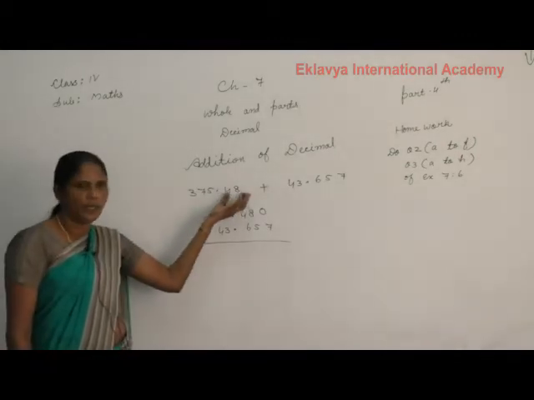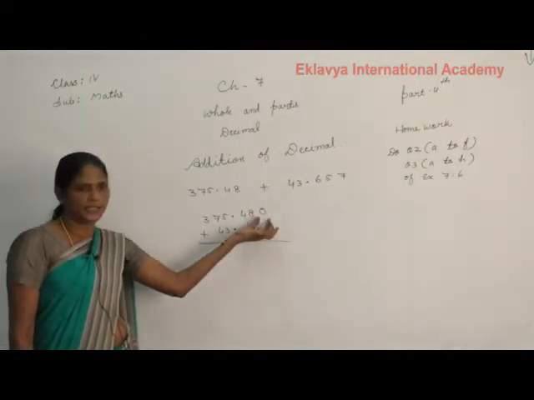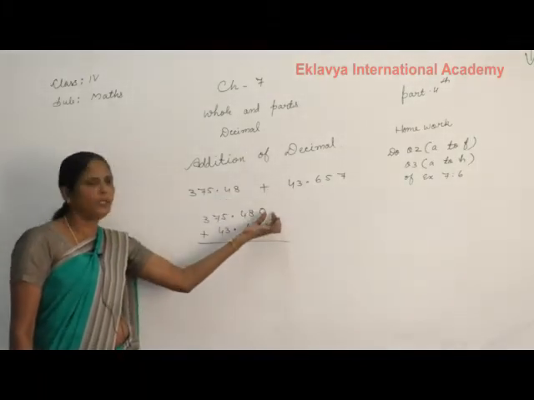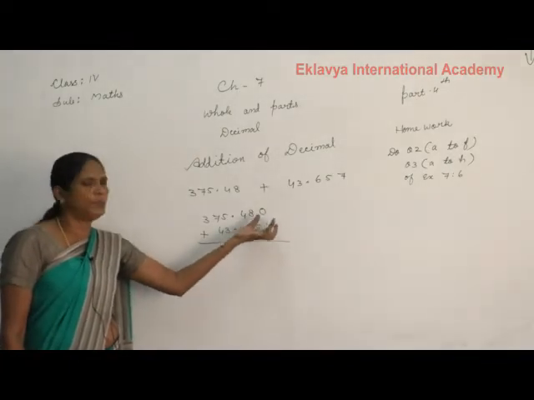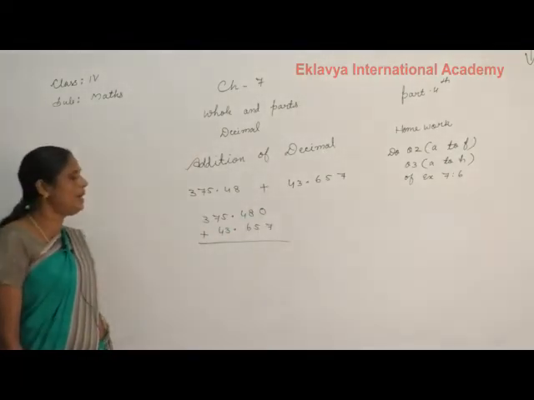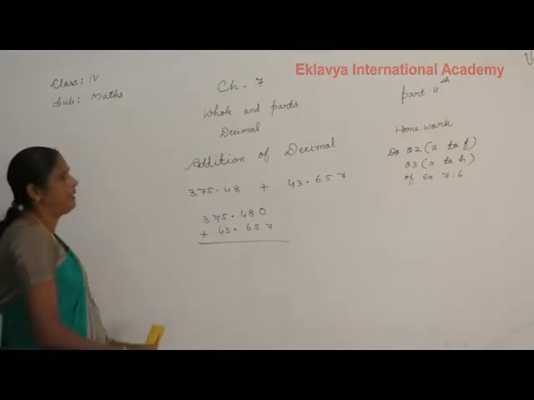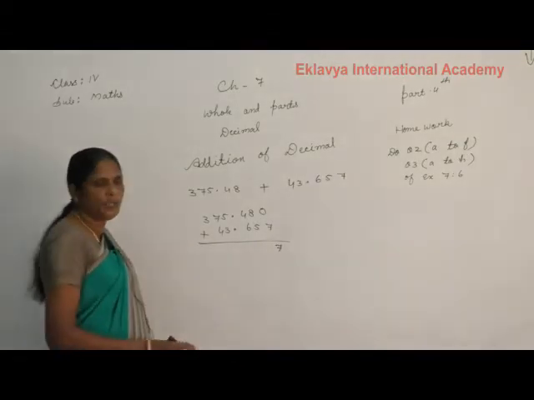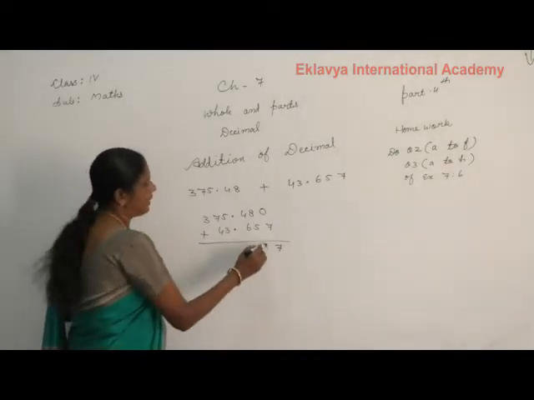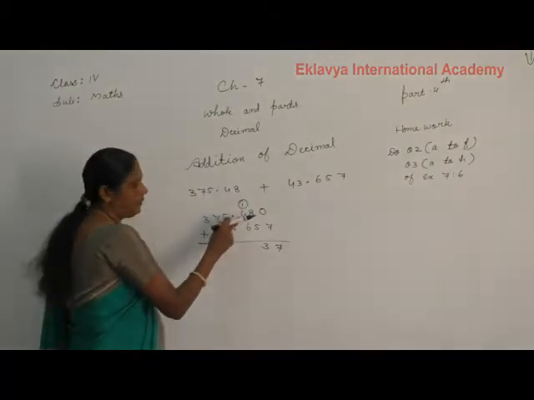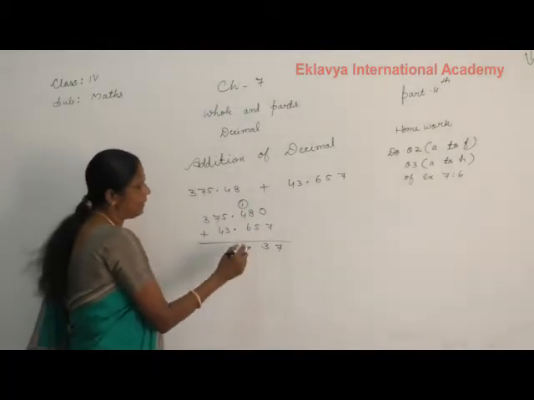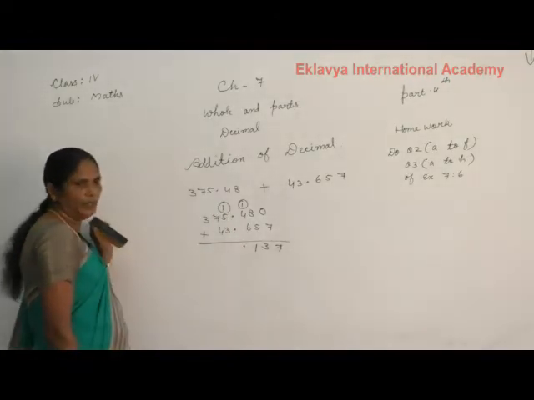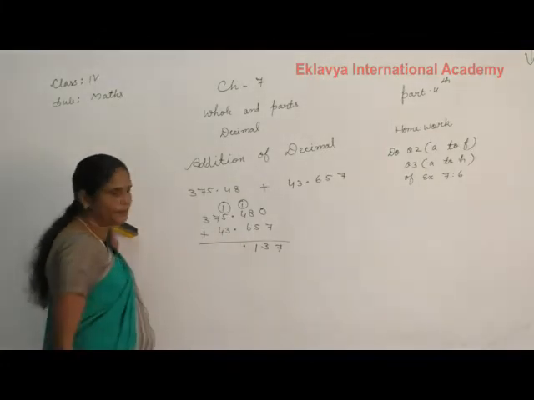Okay? Don't write this way, you write this way, then you put the addition sign also. First we convert unlike decimals into like decimals. Here 2 decimal places, here 3 decimal places. We put a 0 on the right-hand side of the decimal number. Now we add these numbers. 0 plus 7, 7. Then 8 plus 5, 13. Carrying 1. Then 4 plus 6, 10. 10 plus 1, 11. Then carrying 1. Then you put a decimal point here.